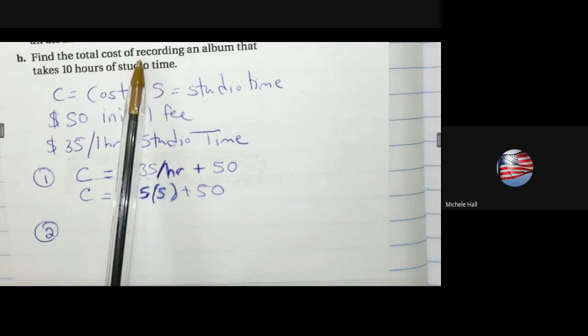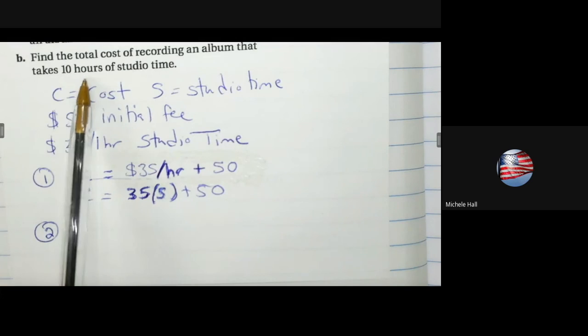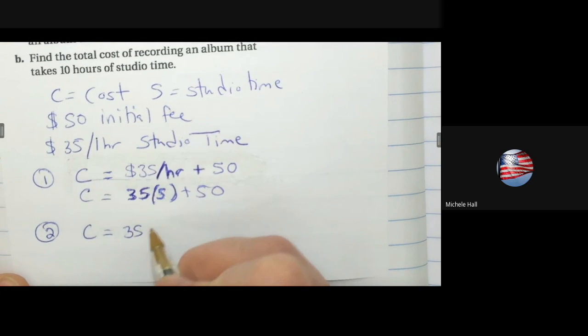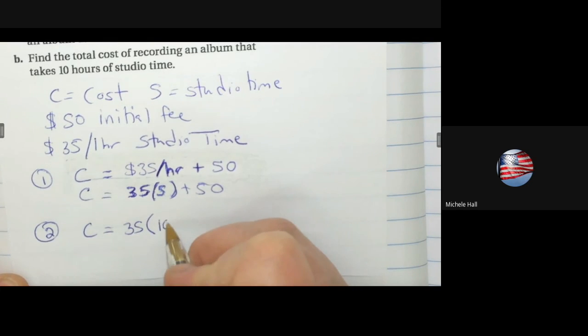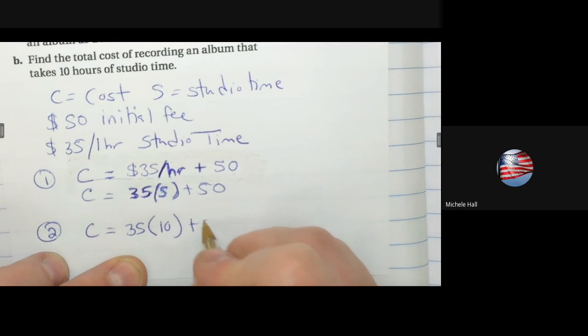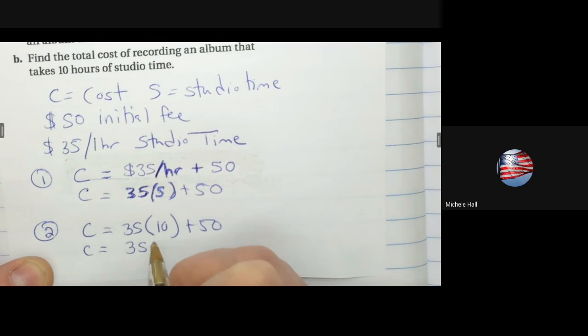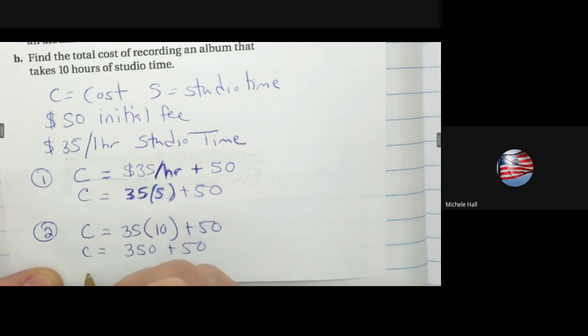Find the total cost of recording an album that takes 10 hours of studio time. So the cost is going to be $35 times the studio time of 10 hours plus 50. The cost equals $350 plus 50. So the cost